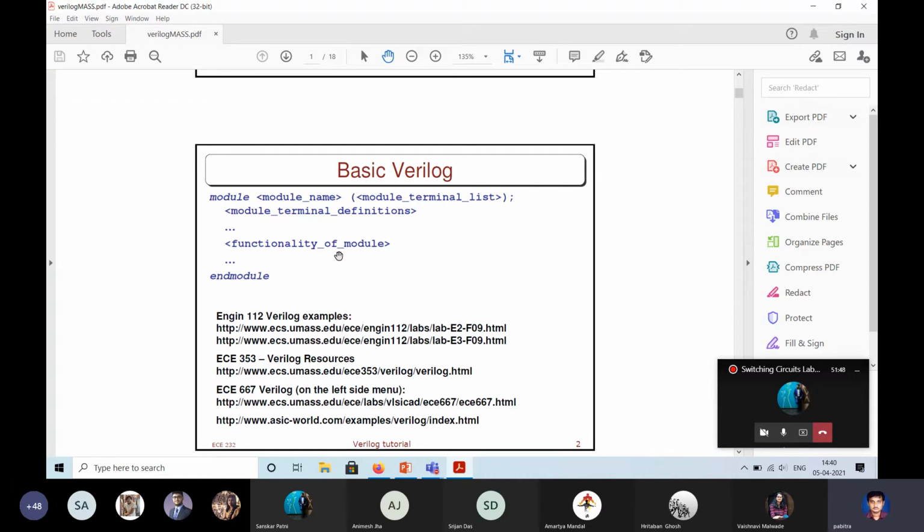This way you can write, or it can be other modules also. It can be y equal to half adder a b. It can be other modules also. Or these functional statements can be structural also. Structural like this is connected to this, is connected to this by some function. We'll see an example soon. They can be structural, they can be behavioral, but they are functionalities. They do some assignment, they do some computation.